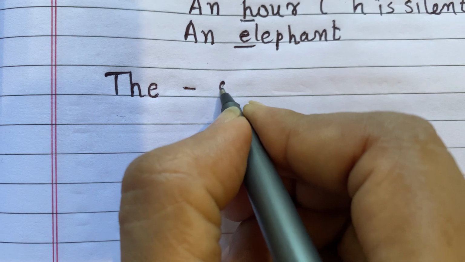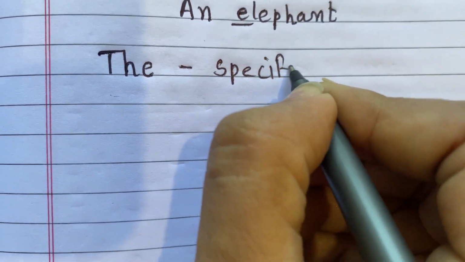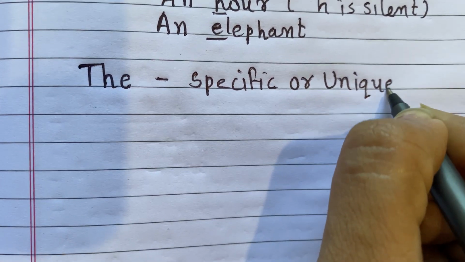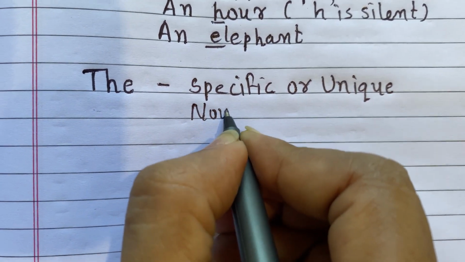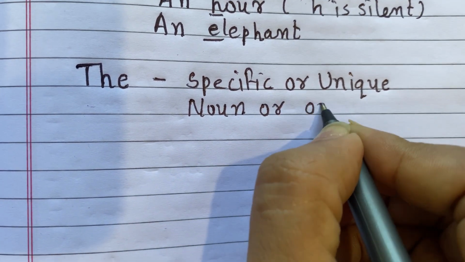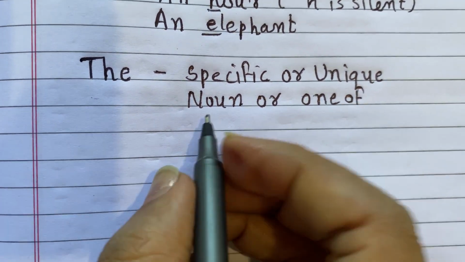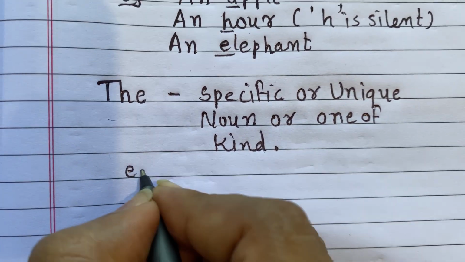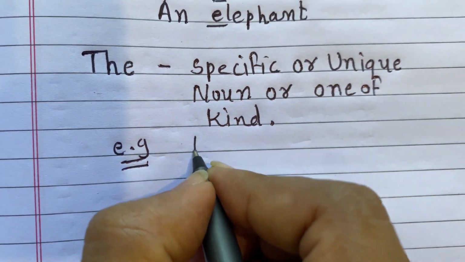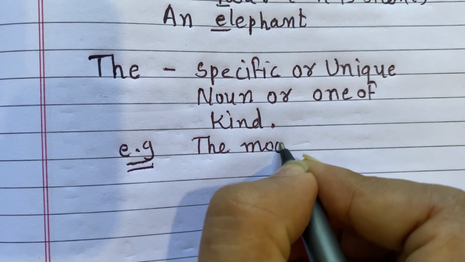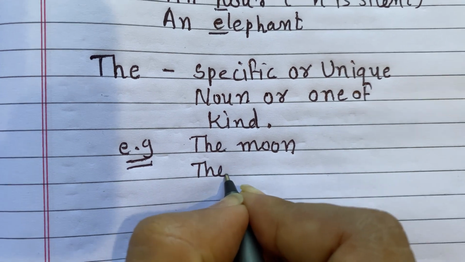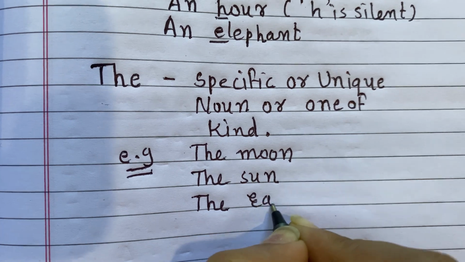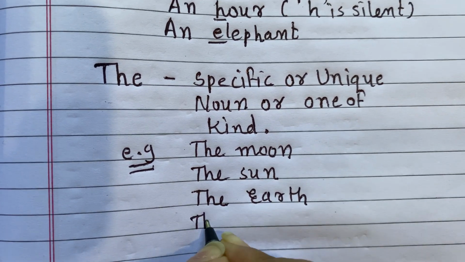Next, the. The is used for a specific or unique noun, or one of a kind. For example, the moon, the sun, the book, the earth,